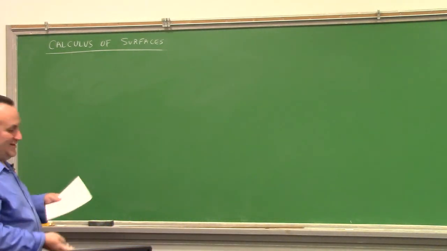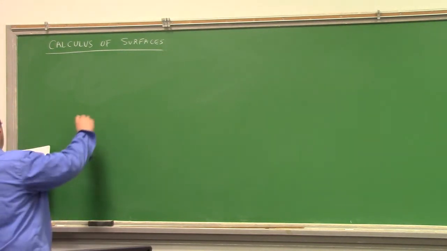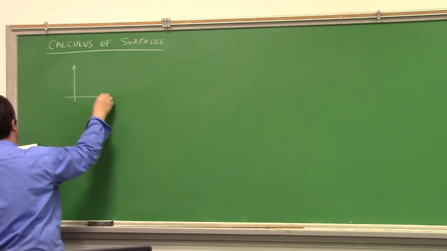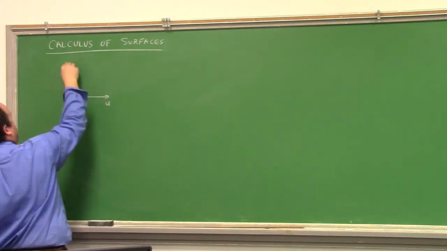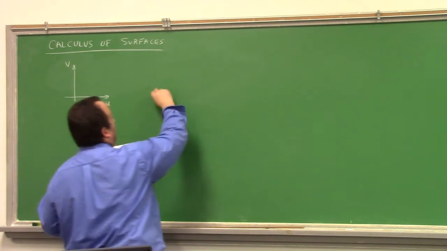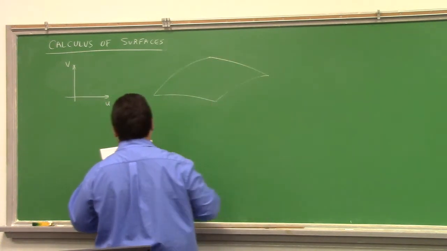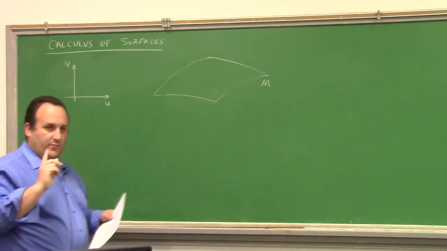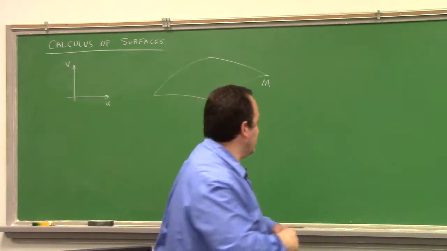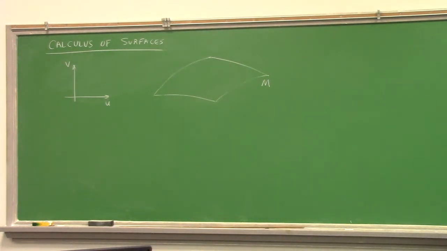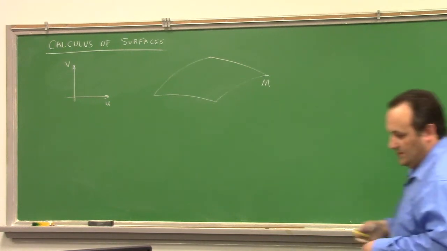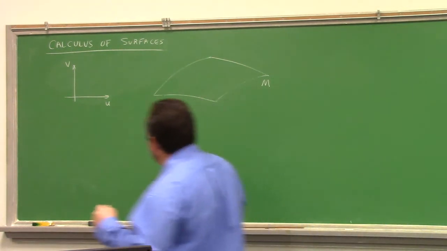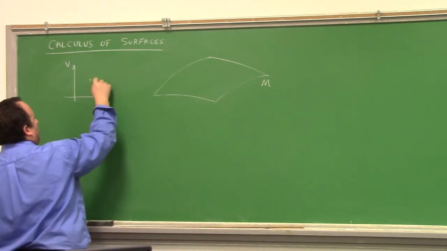Let's talk about calculus on M. I'll draw this picture here. So here's U, and here's V, and here's a picture of my surface, M. All right. And so if you fix a point, what I'm going to try to do here is describe the tangent space to M, and also how we're going to differentiate functions on M, and how the patches come into play with that. So if we pick a particular point here, U naught, V naught,